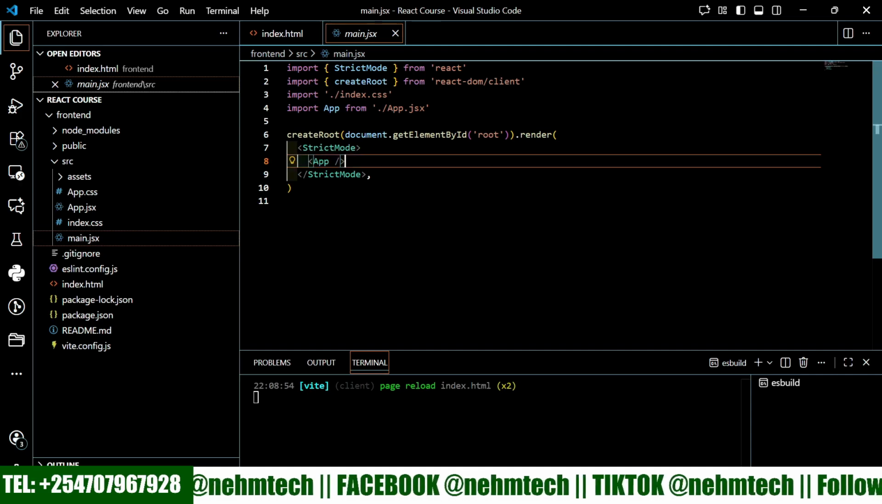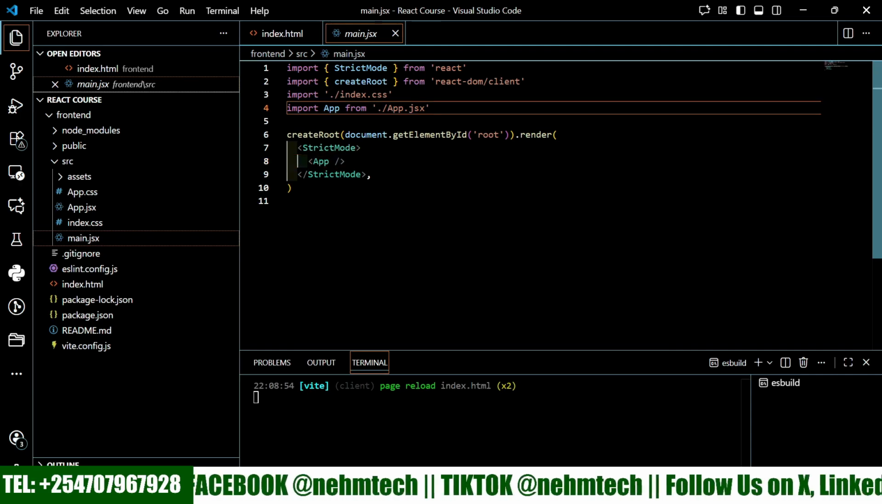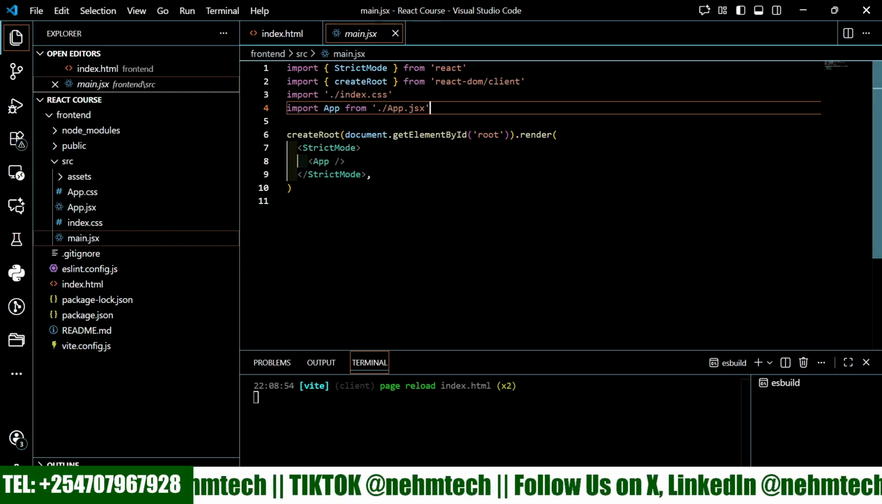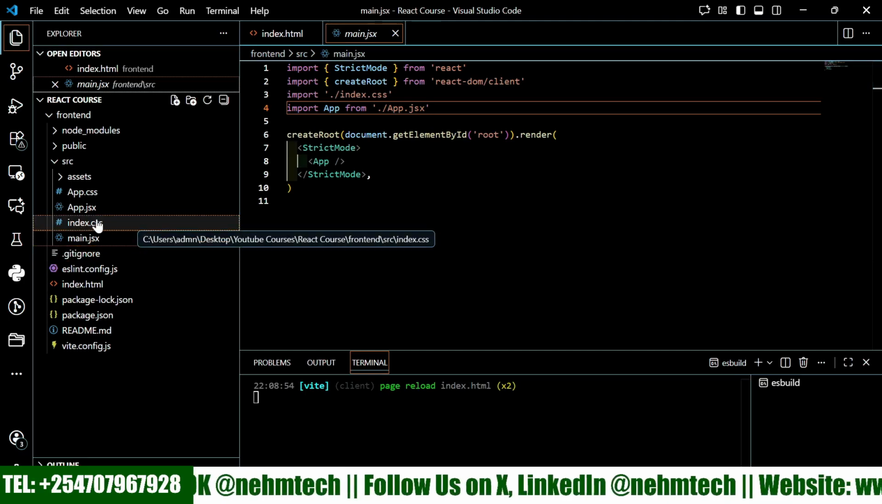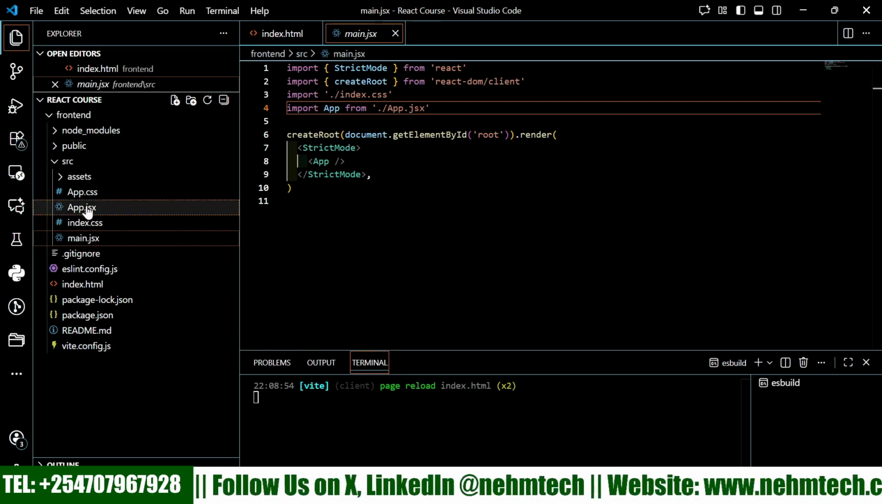So this is the application, and we are going to talk about these components in detail, but just don't touch anything here on this main.jsx. Just leave everything the way it is. And of course we also have the primary styling, but we'll come to it later. So this is the